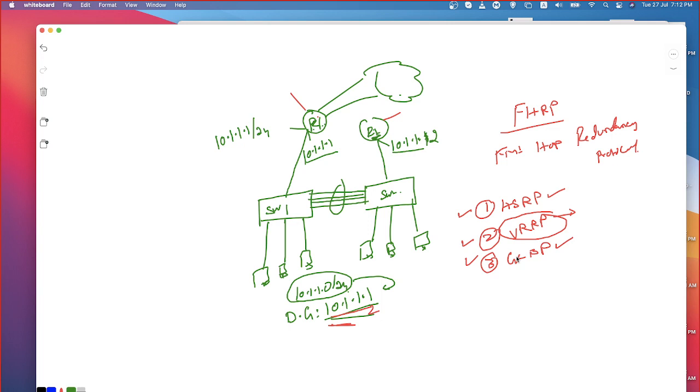But if you have a different vendor product, it's not that it has to be Cisco, any other vendor product. I have 2 different vendor products. On that, can I make use of HSRP or GLBP? We cannot assure you that. So you have to take a standard protocol, a standard language. Only then they'll be in a position to communicate with each other. Our discussion is going to be limited to HSRP. We are not going to be talking about VRRP or GLBP. So now my point is, how is this communication going to be established?